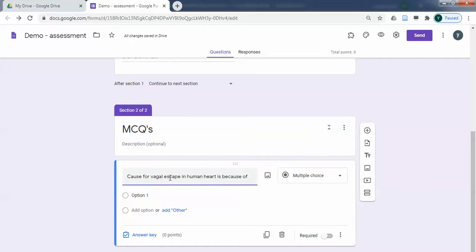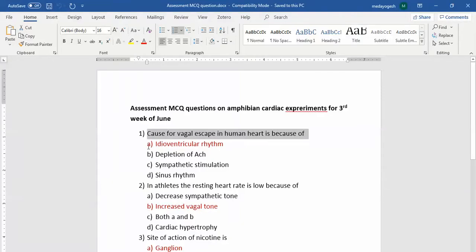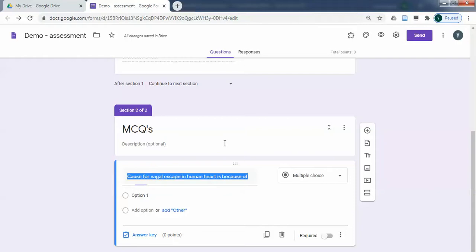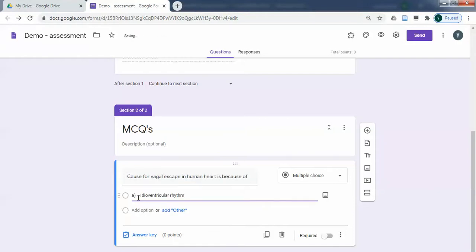This will prevent malpractice to some extent, because if you give the number as well as the options like A, B, C, D, students can always discuss in their WhatsApp groups, like 4A, 5D. They can discuss the answers. If it is like this, copying also becomes a little difficult. I'll go back and get the options also, copy them, come back, click on the option here and paste it. If you want to add options, just go down and click on that.